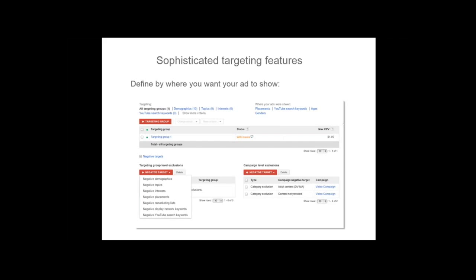You can also target by topics. This is a display and video feature, so it means targeting by the video topic category. So what category the video has been given by the uploader. And finally, you can target by keywords. So when a person types keywords into the search bar, when they're looking for a video, you can get results